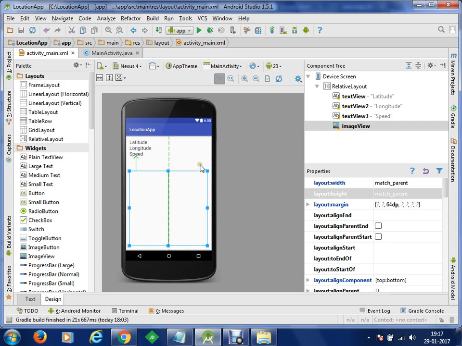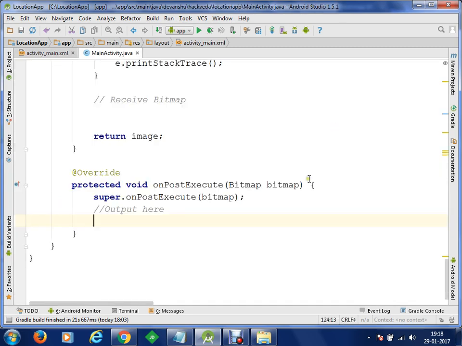Shift and your mouse key. You can drag and drop it any way you want, and you can adjust the size left and right using your shift key. Otherwise it automatically adjusts depending on the bounds. So what next? We have got an image view here, and here is your image view control. Let's refer to the image view in our application.